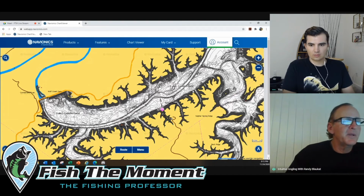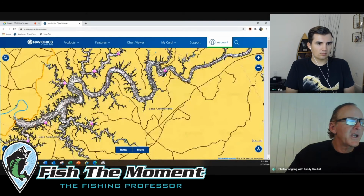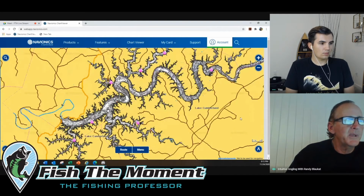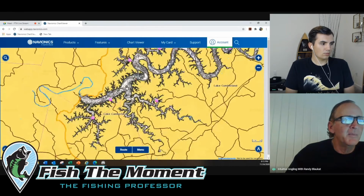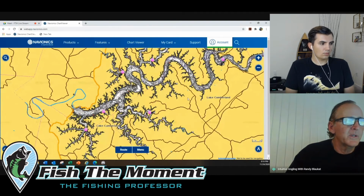Well, it's a lot different. I mean, for example, the Burnside area up here, your water clarity up here is still clean, but it's not clear compared to down the lake. So you got probably twice the water visibility down in this part of the lake. And also this area up here is just laid out different. You have more flatter banks. You've got a lot of 45-degree angle banks. The lake's narrower a little bit. You don't have the major feeder creeks coming in like you do on the lower end of the lake, but